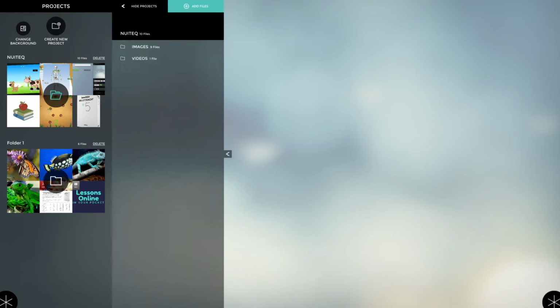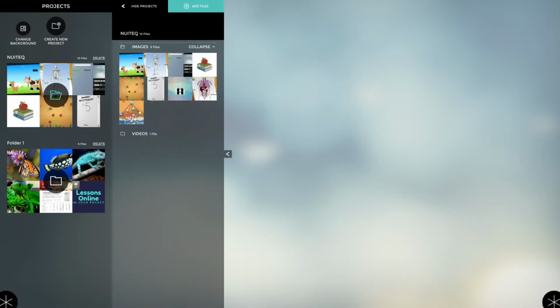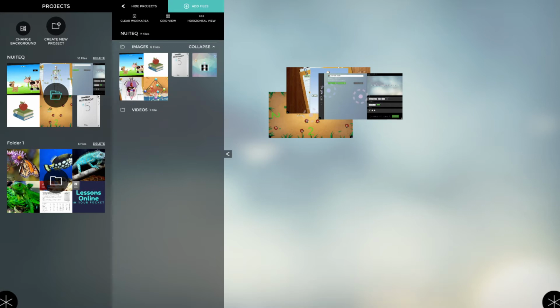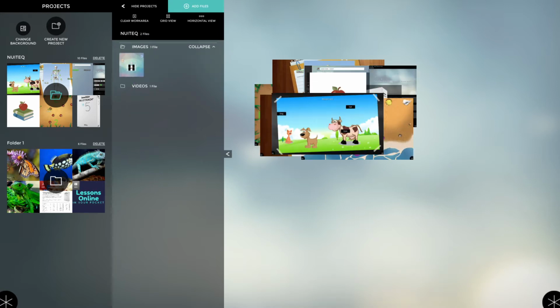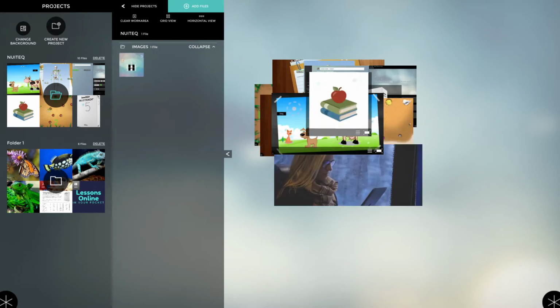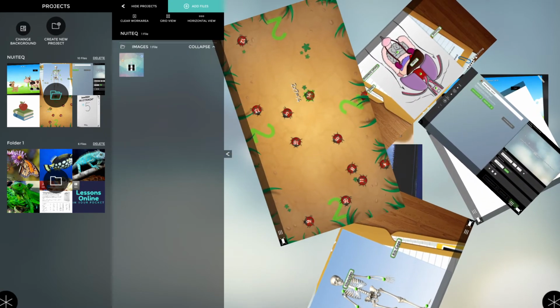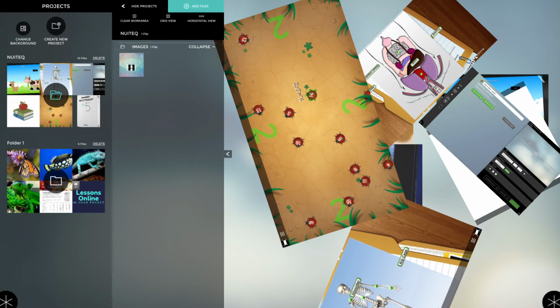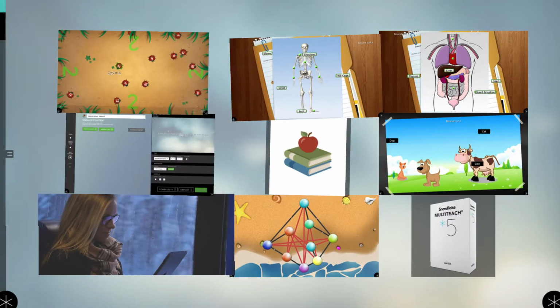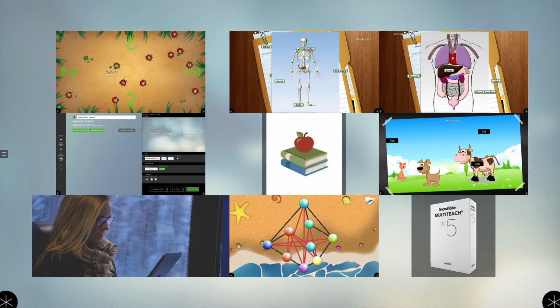Very similar to a photo collage, it just allows you to add a number of images or videos, for example, directly, and you can manipulate them using multi-touch gestures. But one of the cool things about this is you can organize them really easily just by choosing a grid view, or if you want, you can lay them out in a